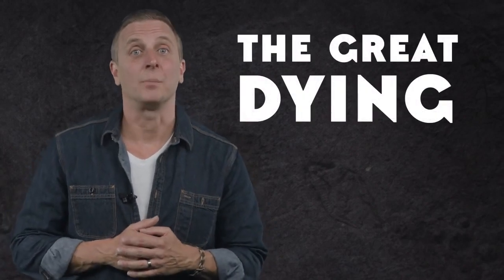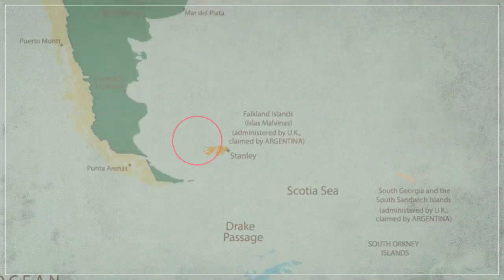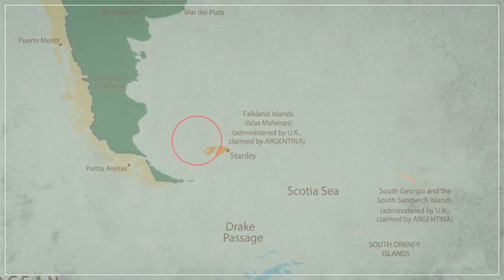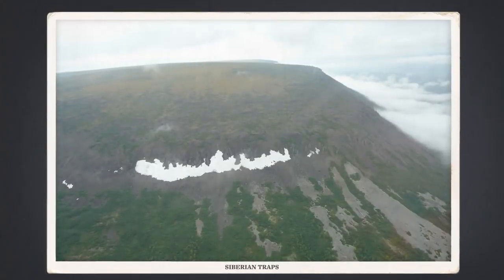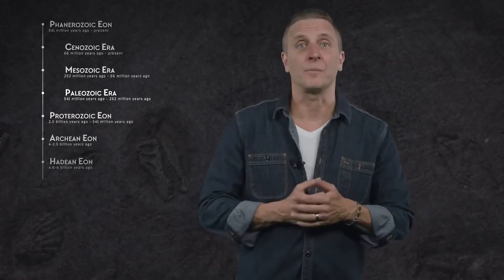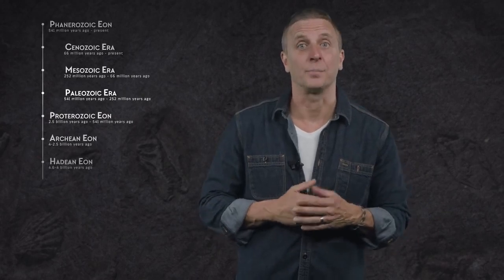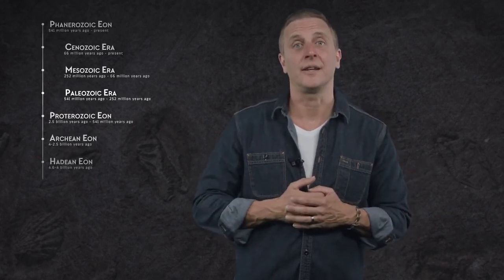The event, known as the Great Dying, was the most severe extinction in our planet's history, but its exact cause is still unclear. A possible meteorite impact off the coast of South America might be one clue, and in Siberia, layers of basalt show that massive volcanic eruptions covered large swaths of Pangaea in lava. Both of these incidents coincided with the end of the Paleozoic, and it seems more than likely that the extinction had many causes. In any case, the Paleozoic may have begun as a chapter defined by an explosion of life, but it ended in nearly absolute death.